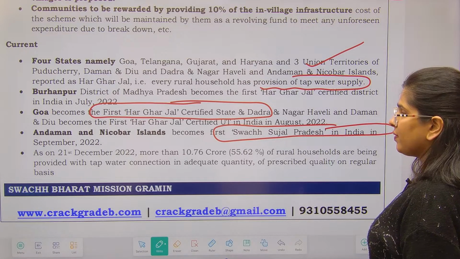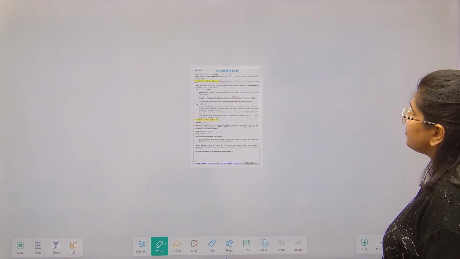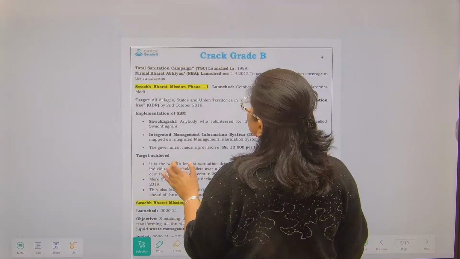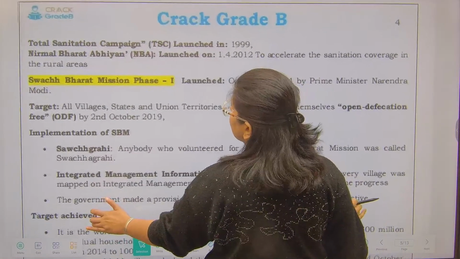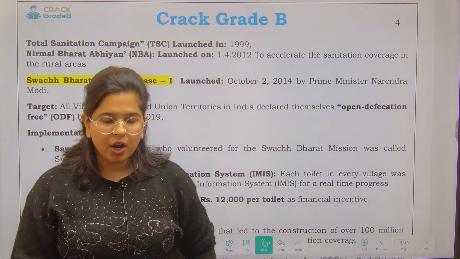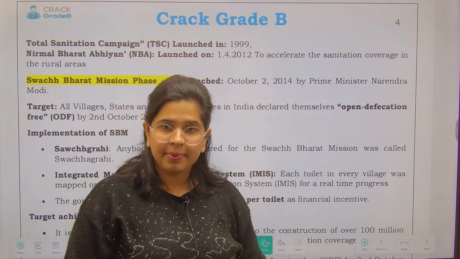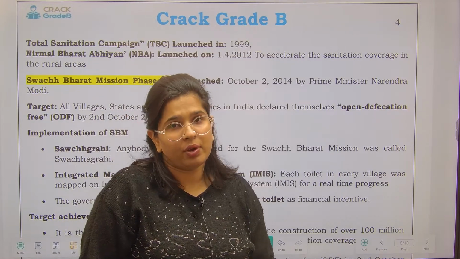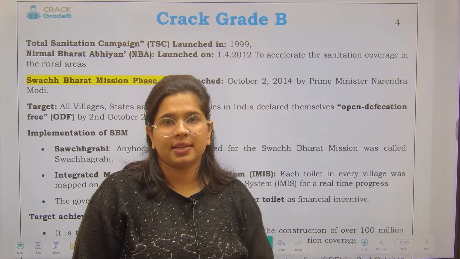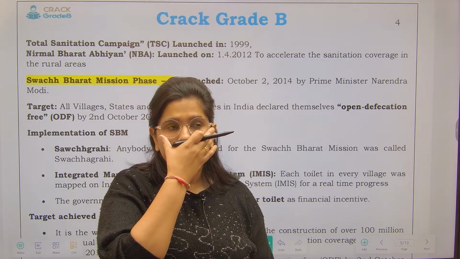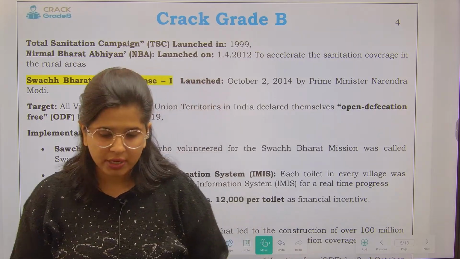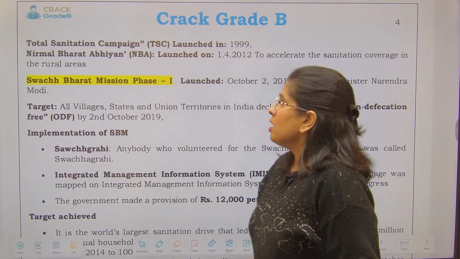Now next scheme that we have is Swachh Bharat Mission Gramin. Now all of these schemes are taken as a very staple scheme for rural development, right? So we cannot talk about any syllabus where we are discussing rural development policies and not discuss these kinds of schemes. That would be a total waste. So we have to discuss these, these are very primary, very very important, and let's just talk about it. Swachh Bharat Mission Gramin.